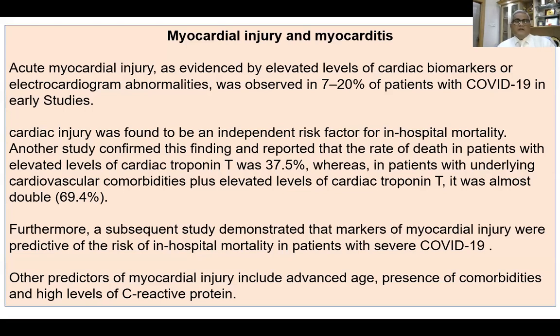So acute myocardial injury, as evidenced by elevated levels of cardiac biomarkers like troponin and electrocardiogram abnormality, was observed in 7 to 20% of patients with COVID-19. Cardiac injury was also found to be an independent risk factor for in-hospital mortality. That is the reason why it determines the clinical outcome of the patient. That's why it is important for us to talk about cardiac injury in COVID this evening. There's another study which confirmed this finding and reported that the rate of death in patients with elevated levels of cardiac troponin was as high as